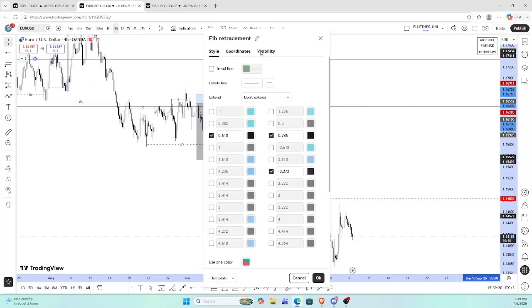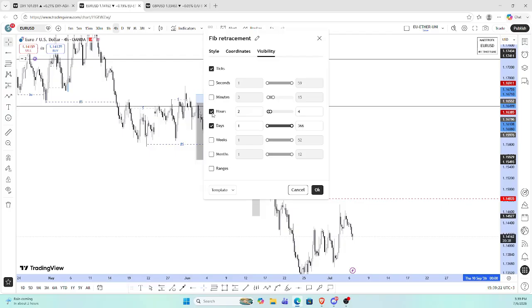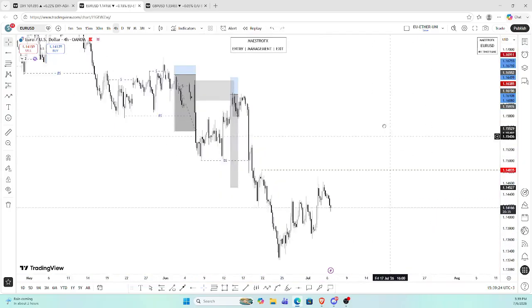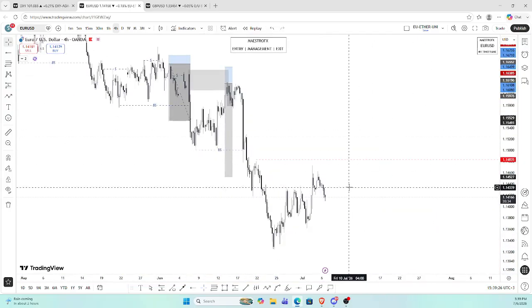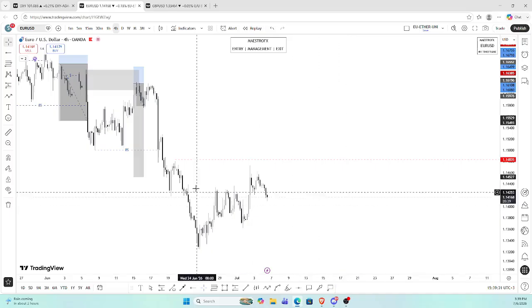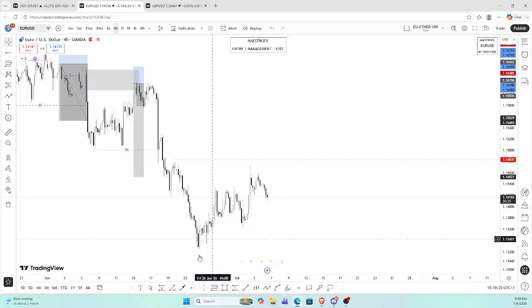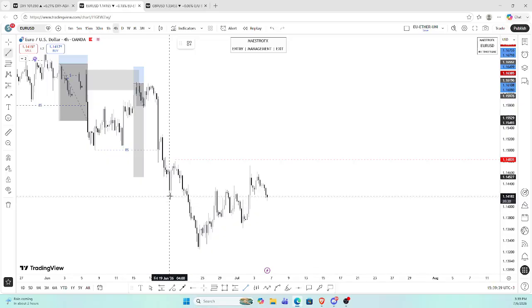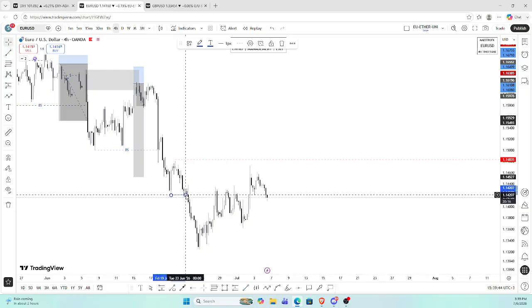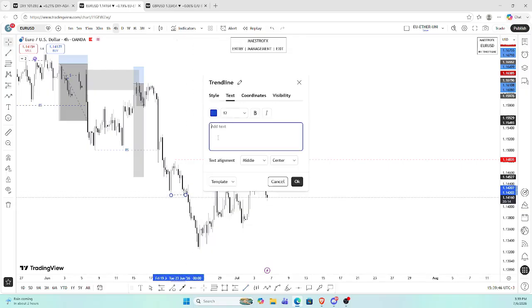let me do away with this daily time frame Fibonacci. Yes, if we look carefully at 4-hour, we can see that it is this swing high which led to this swing low. And so price is still bearish, okay? Price is still bearish. You look at the 4-hour time frame.